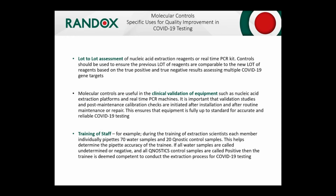So whenever laboratory managers realize that there's a lot-to-lot change required within their process, they need to initiate what's called a lot-to-lot assessment procedure. That's just to ensure that the current lot the lab is using is very much comparable to the new lot they'll be moving on to. For that, you might use the addition of patient samples, positive and negative, but it's very important to use your certifiable material because it's stable and quantifiable, whereas your patient samples, although they may do what is required, can sometimes be unstable and cause a